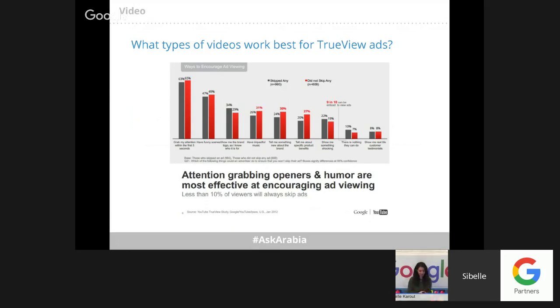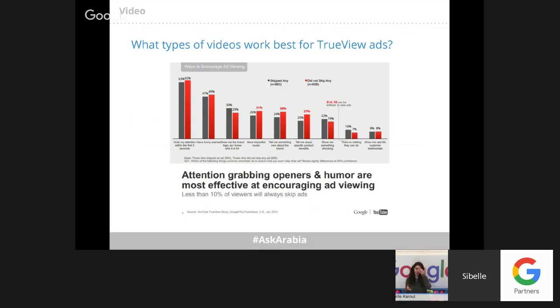So now that you are interested in TrueView after seeing the benefits of being on TrueView, what type of videos should you select and should you produce in order to best work in TrueView?